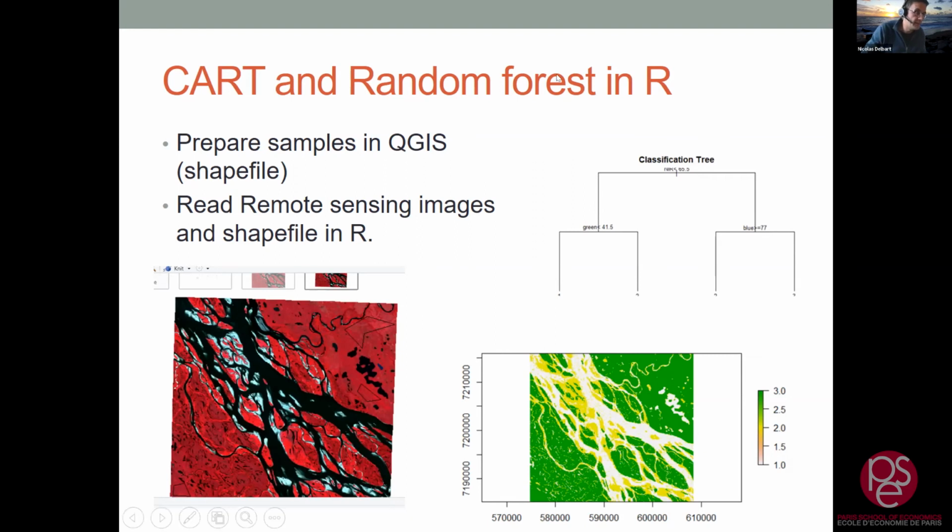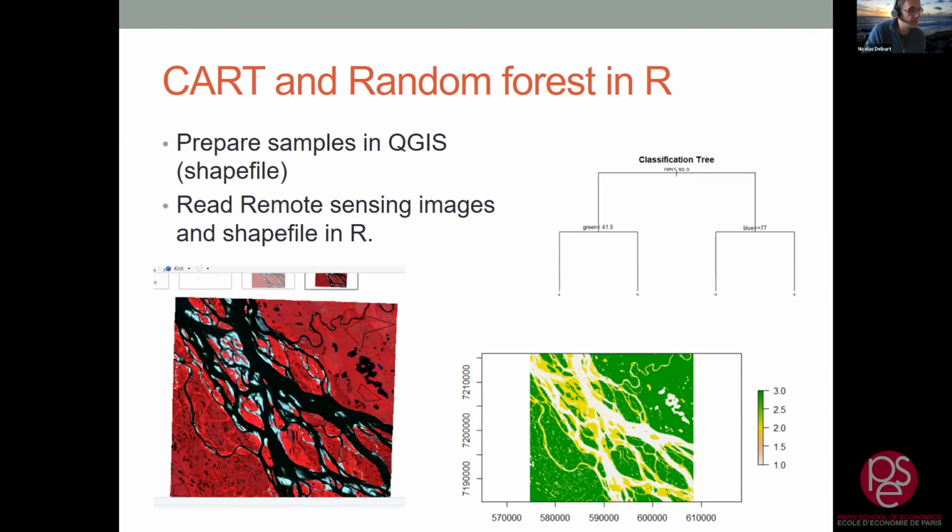For example, in this image, in the red color, you have vegetation, of course, because I put the near infrared in red. I display it in red, sorry. But you can see here it is a bright red, and here it's a dark red. So when you have classes which are close like that, not totally the same, but still close, in these cases, you can have overfitting issues more frequently than if you have more different classes.